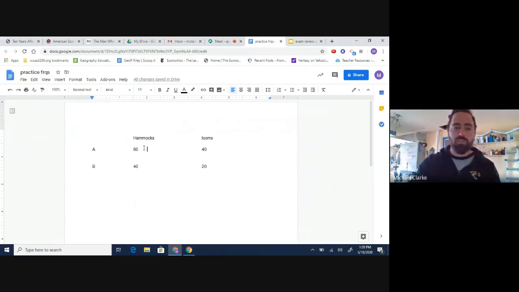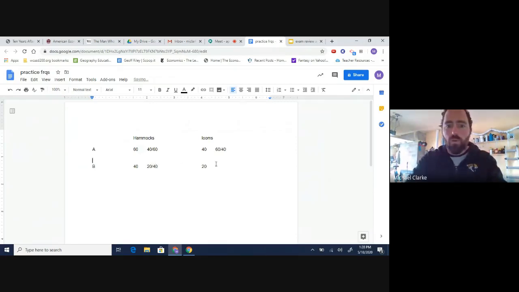And so with an output question, if you're trying to find the opportunity cost of hammocks, the item in question becomes the denominator. I'll take you through the math here. You would divide 40 by 60. Here you would divide 60 by 40. Here you would divide 20 by 40. Over here, you would divide 40 by 20. All right, so I'm just going to work backwards here. So your opportunity cost here is 2. 40 divided by 20 is 2. Over here would be 1/2.